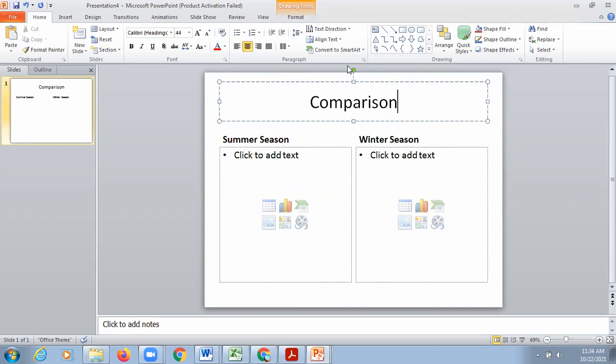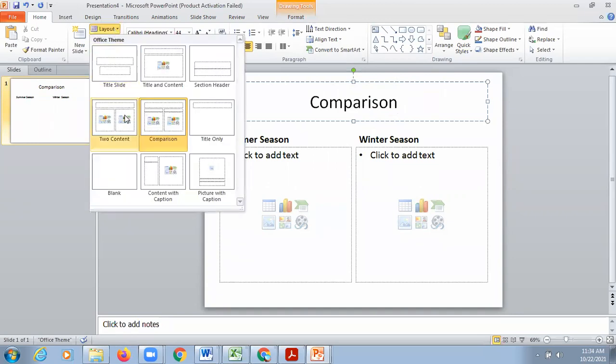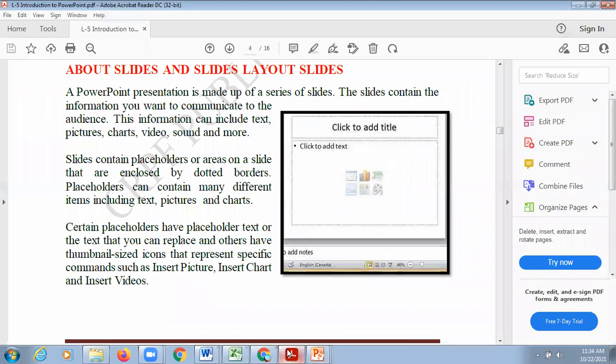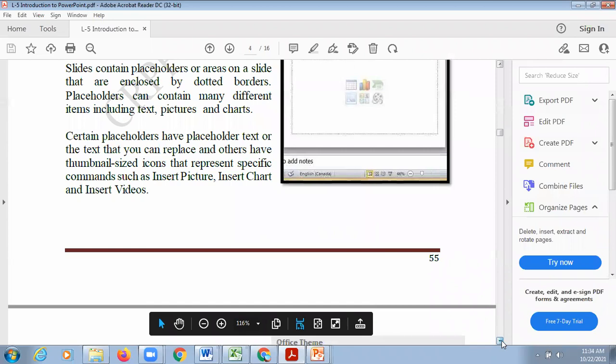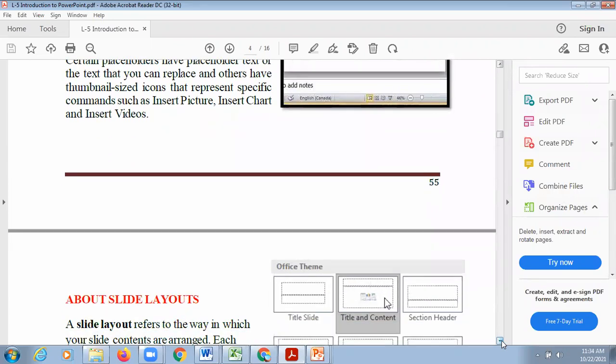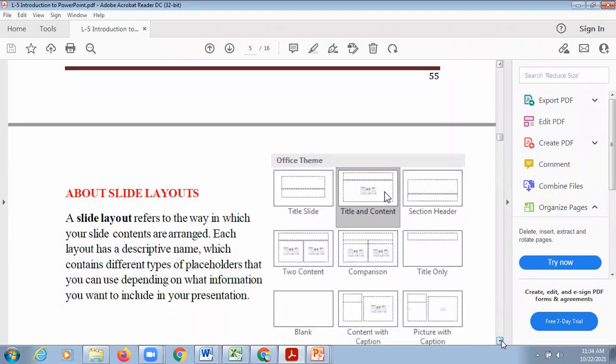So this means you are starting something from scratch, so you can choose your own layout कि आपको कैसी slide चाहिए. You wanted to place two contents, you wanted to make a comparison, you wanted to just add a picture in a slide with a caption, you wanted to take a blank slide. So this is totally up to you कि आपको कैसी slide चाहिए, आप उसमें क्या add करना चाहते हो. This is called a slide layout. ठीक है. We can insert charts, we can insert videos, we can insert audio, and one by one we will learn all these things. How can we do that?